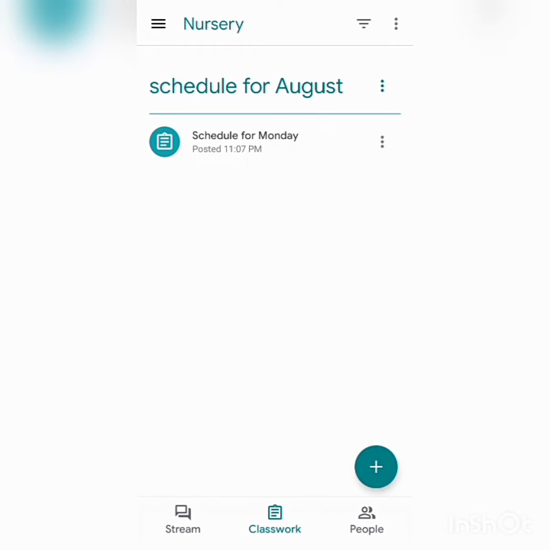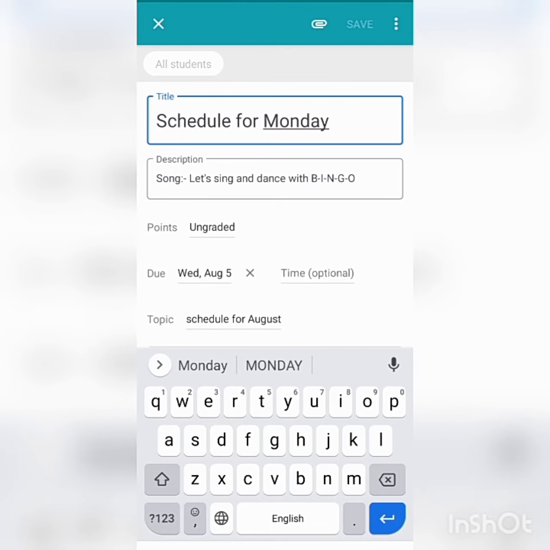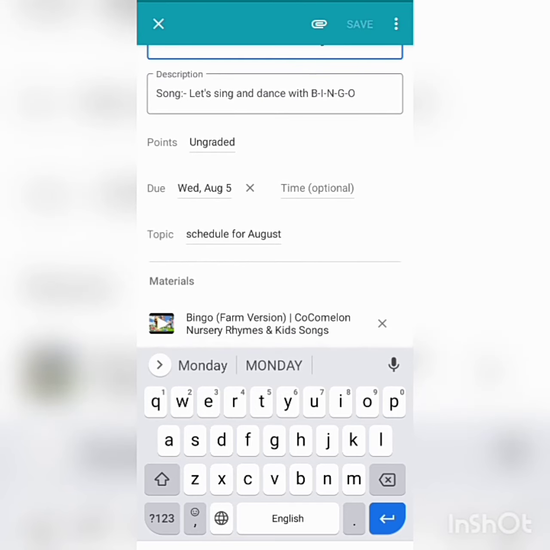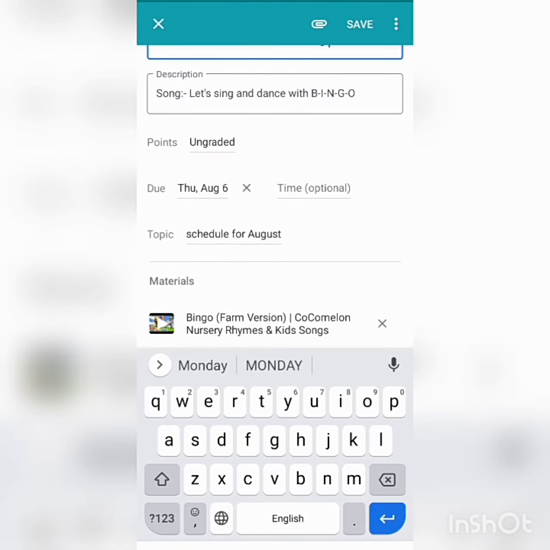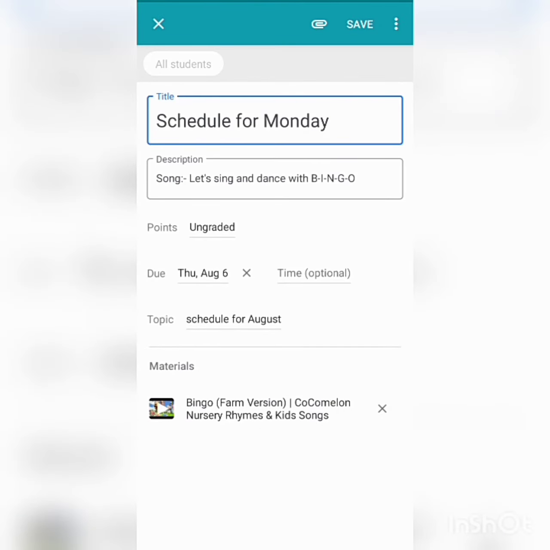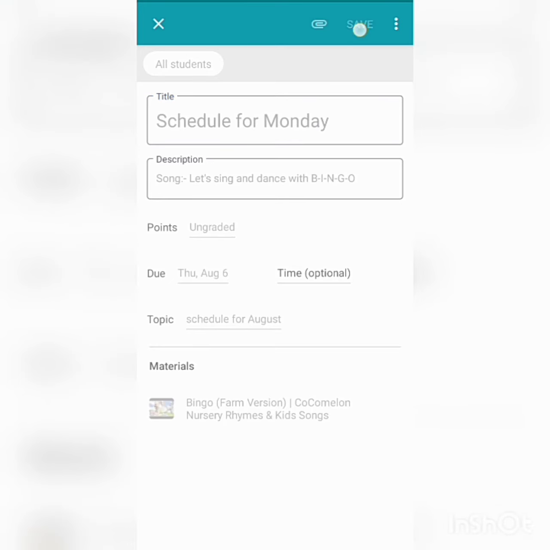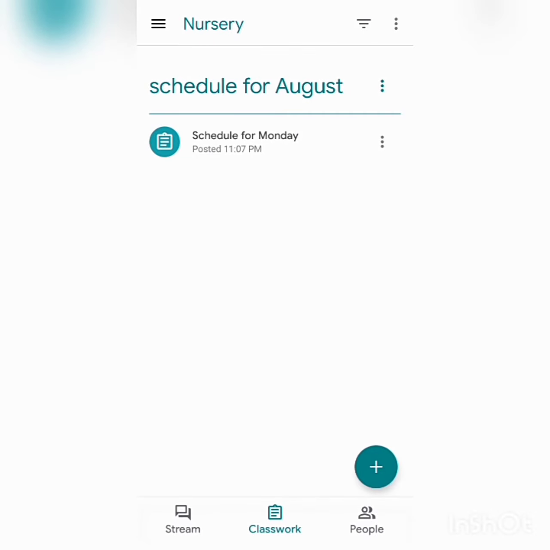You can rename it. You can even edit your schedule. So I'm just going to change the due date, and it's done.